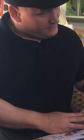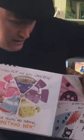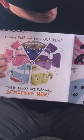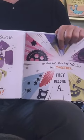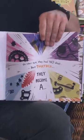Fenders split, and bolts unscrewed. These trucks are forming something new. On their own, they had no shot. But together, they become a